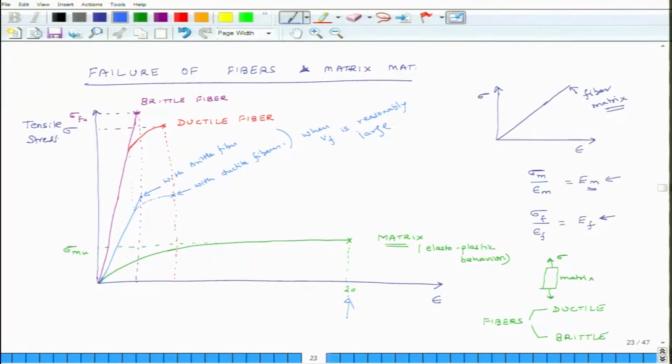So, this is when Vf is reasonably large, but when Vf is very small, then this failure may happen somewhere at a lesser load, somewhere here, for smaller values of this thing, or actually the stress strain curve will be fairly close to the green curve actually. So, this curve may not be true, but it will be